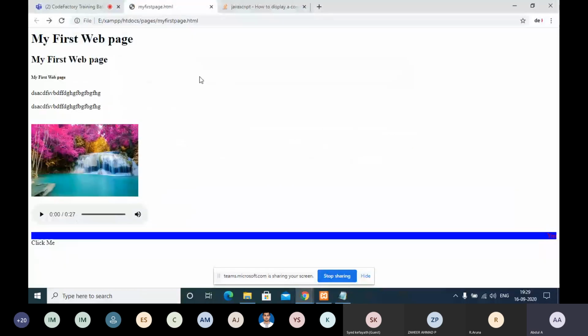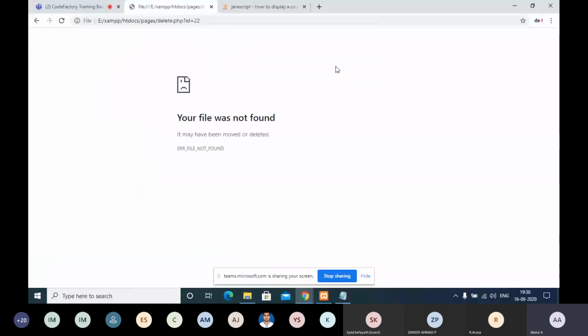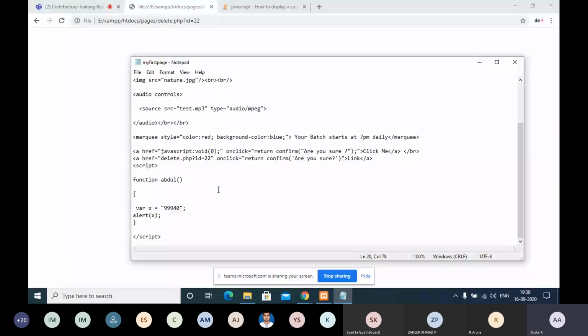Yeah, the link is there. Yeah, it's throwing the alert: are you sure? If I cancel, it will not do any refresh or anything. But if I say okay, it will go to the next destination with whatever I have given. Let's say I am giving form.html as the destination. That is why we are using the return confirmation. So yeah, that is correct.